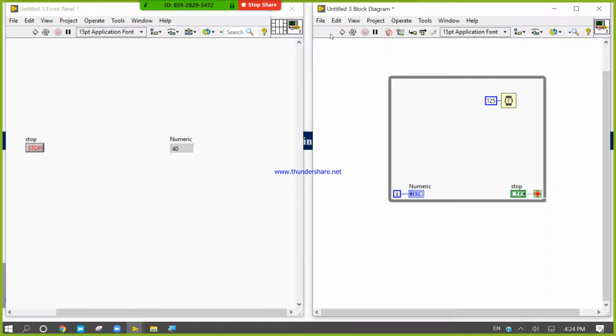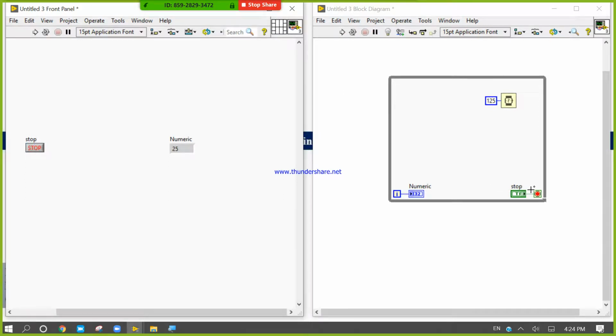What will happen when you press the run continuously? You cannot stop. So only press the run button, so you can stop.